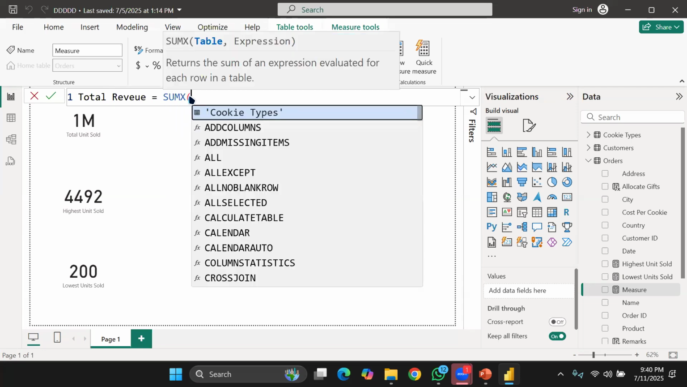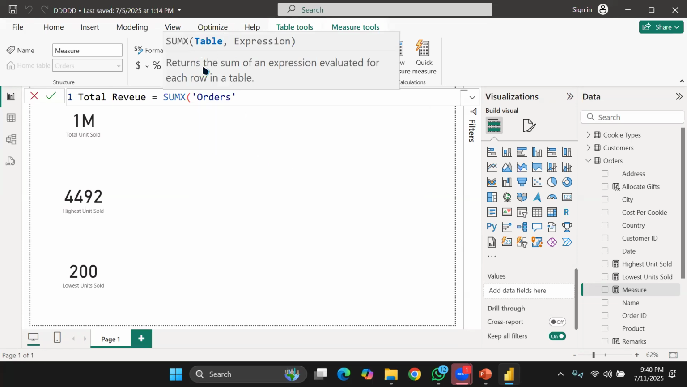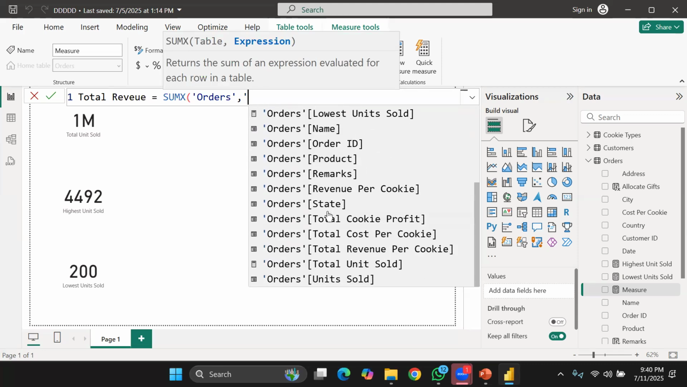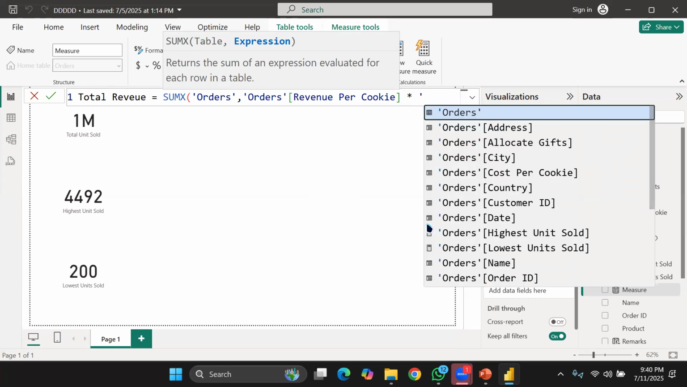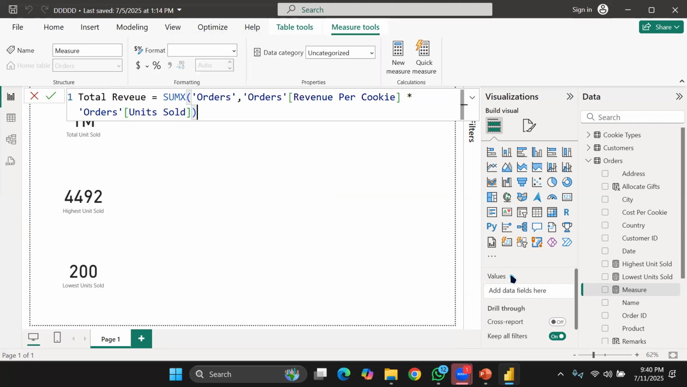SUMX. Now I'm going to call out the table I am working with. The table is Order, because all the columns I'll be working with are inside my Order table. Comma. Now my expression, how do I want to express it? Which iterator do I want to use? I'm going to use my revenue column. If I'm using multiplication, let's use multiplication as my iterator. Multiply by my units sold, because I just want to get the total. If I close my bracket and click enter,